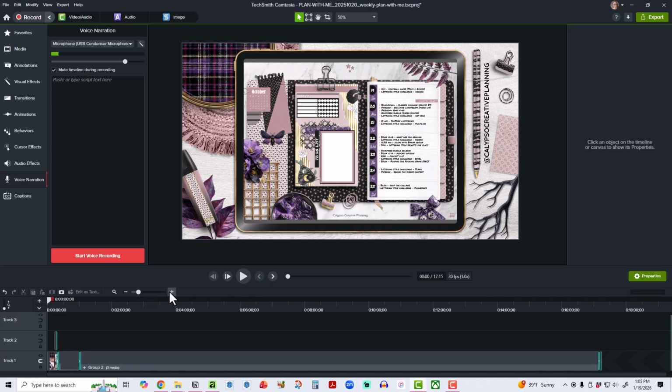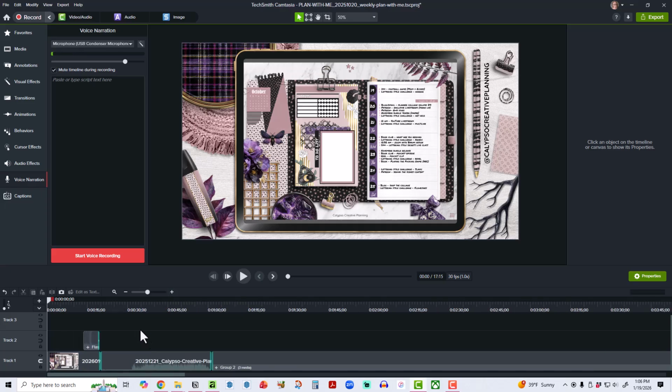So it'll mute that, and then you can just start recording and say your little stuff. You can start and stop things. You don't have to do it as one long one. You can take breaks as you need to. You can cut the narration just like I showed you how to cut the video. You can pull in music and have that in here. If I wanted to pull in music just for the sake of this, see, I have music saved on my